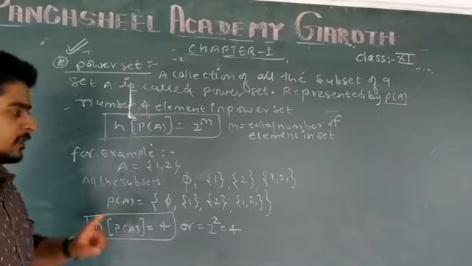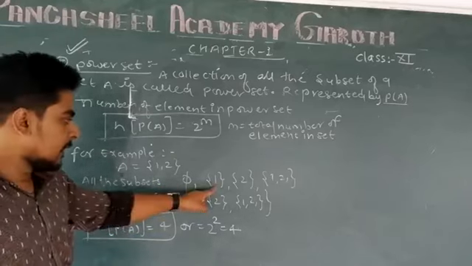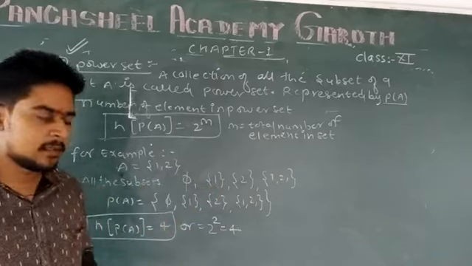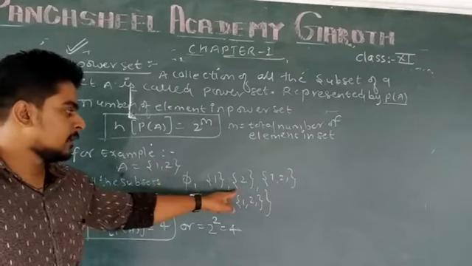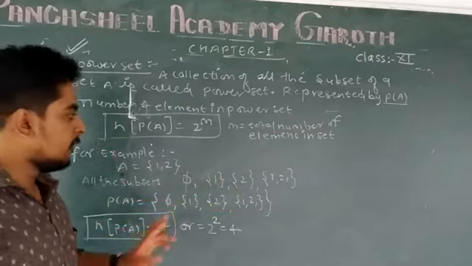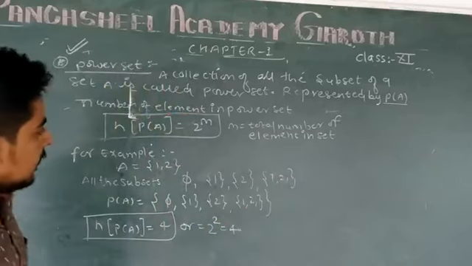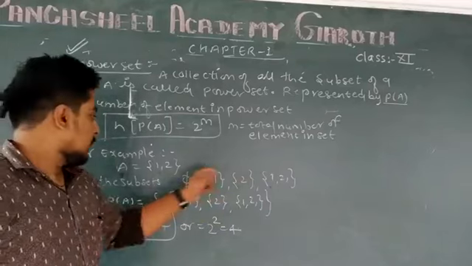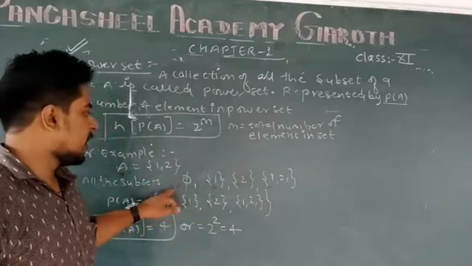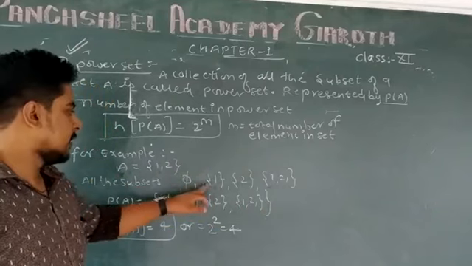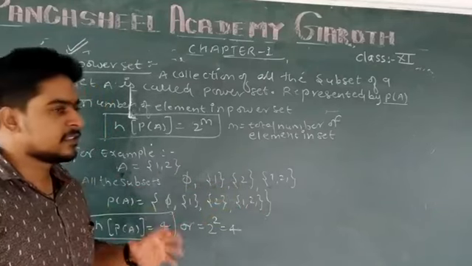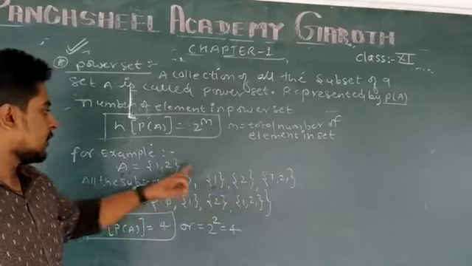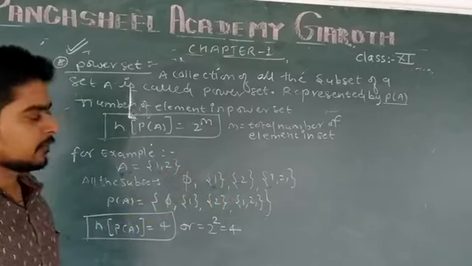If we take only one element of the given set, then it will also be a subset of this set A. If we take the other element, only 2, then it is also a subset. And if we take both the elements, then it will also be a subset. It means that any set is a subset of itself and the empty set is a subset of any set. Therefore, if 1 and 2 are distinct elements, then these are subsets of the given set.